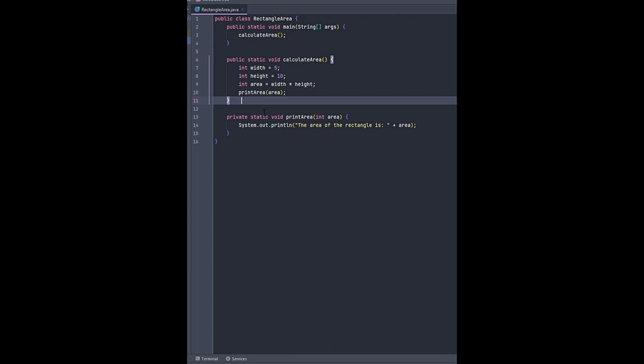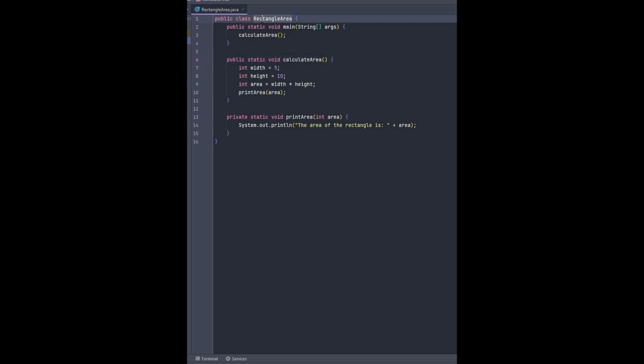Second is inline method. We can use the shortcut Ctrl plus Alt plus N to inline a variable, method or constant. It replaces the occurrences of the variable, method or constant with its actual value or definition. We should perform this type of action only when the method is in a limited scope and doesn't add much to readability and reusability.